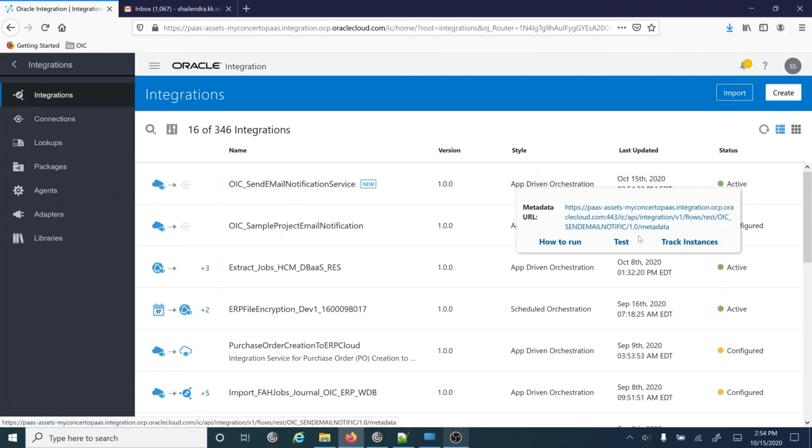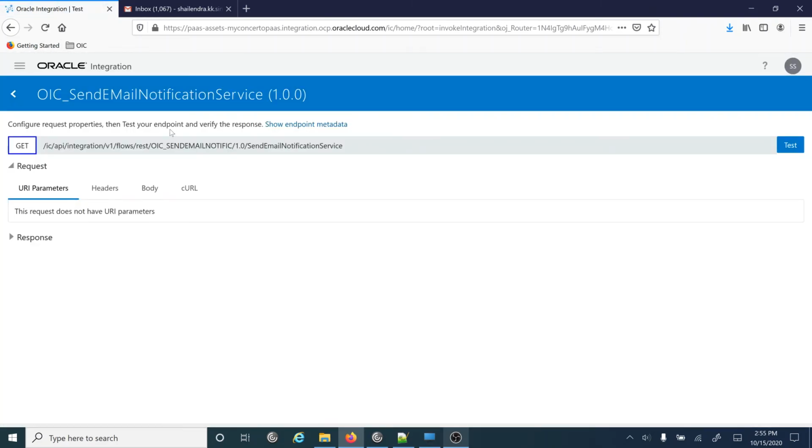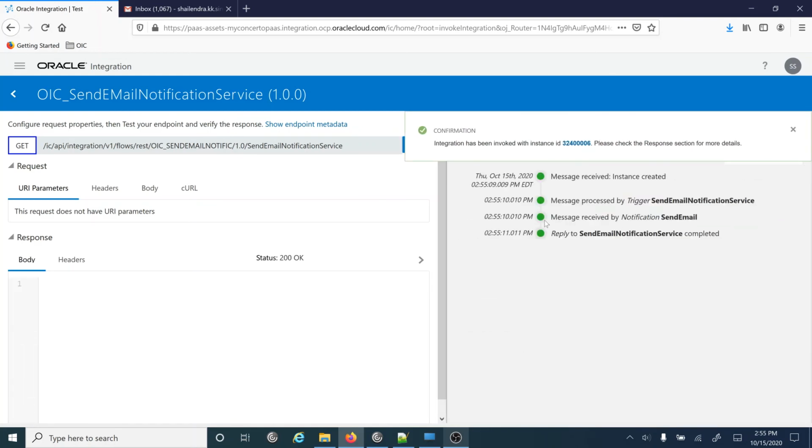From here you can run the integration which you have just created. We'll click on this button and then we will get this option, and from here we can click on the test now link, and it will navigate to the next window. From there we can test this particular integration. Click on the refresh. If it's taking a bit longer to load, then you will get this window, and from here you can click on the test button to test this service. After that you will get a status here, showing whether all the actions you have added to this integration are executed correctly or not. Here I see all are success.